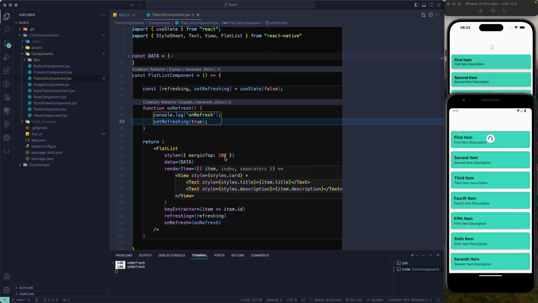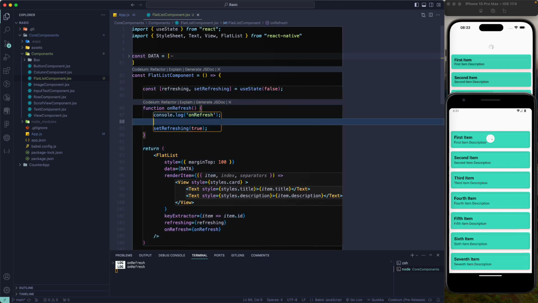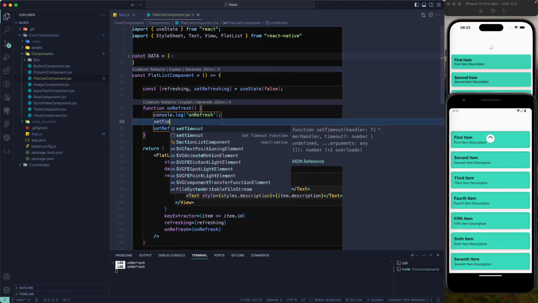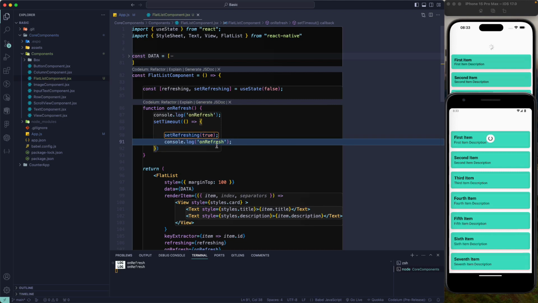So you can see that it is logging, which means that this functionality is called and our loading state is enabled over there. And also what we need to do is we need to disable this one. So what I will do is I'll just set a timer over here, a setTimeout from JavaScript, to time out at a specific time. So let's just go and move this code over here, and I'll also copy this one and paste it below over here. So on refreshing